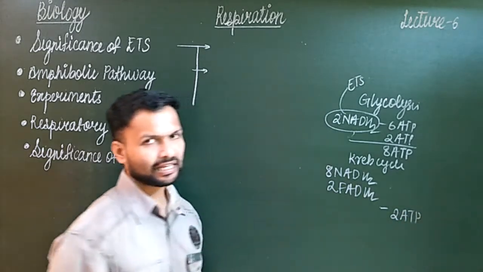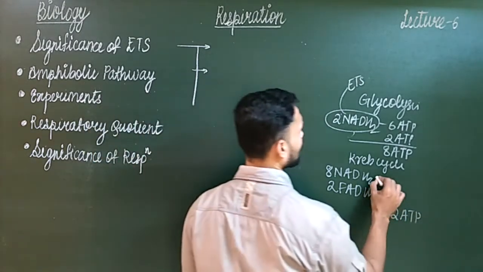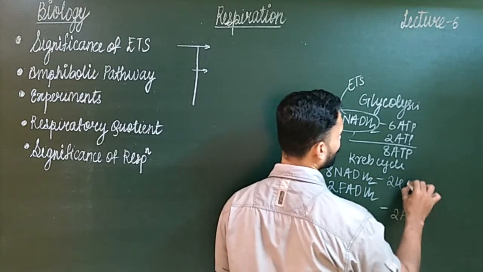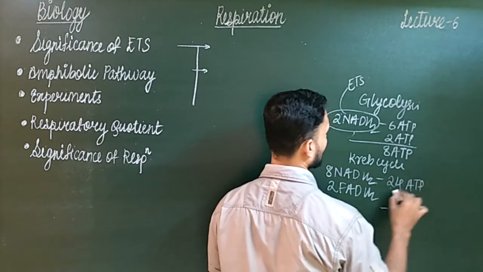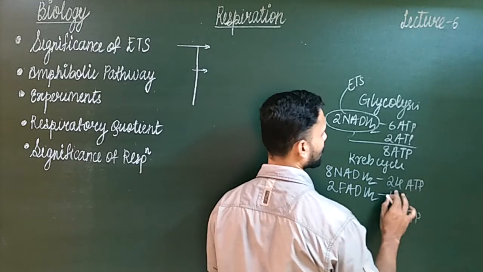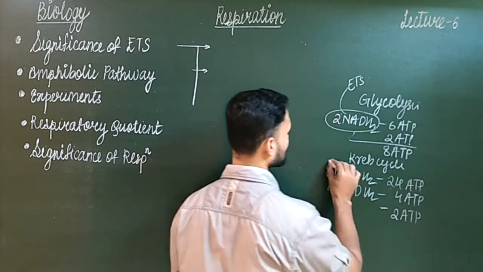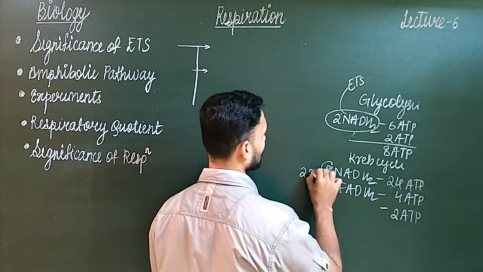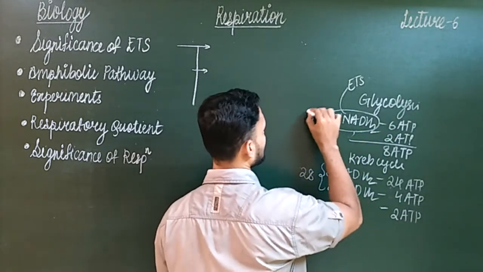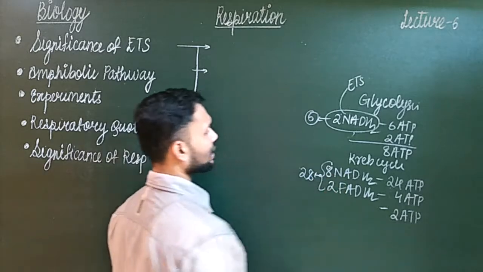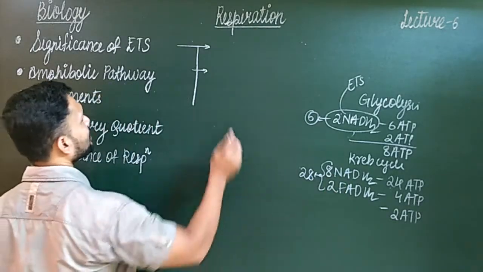We'll take it directly as ATP. So here 8 threes are 24 ATPs and 2 twos are 4 ATPs. So in total these 28 and these 6, so in total 34